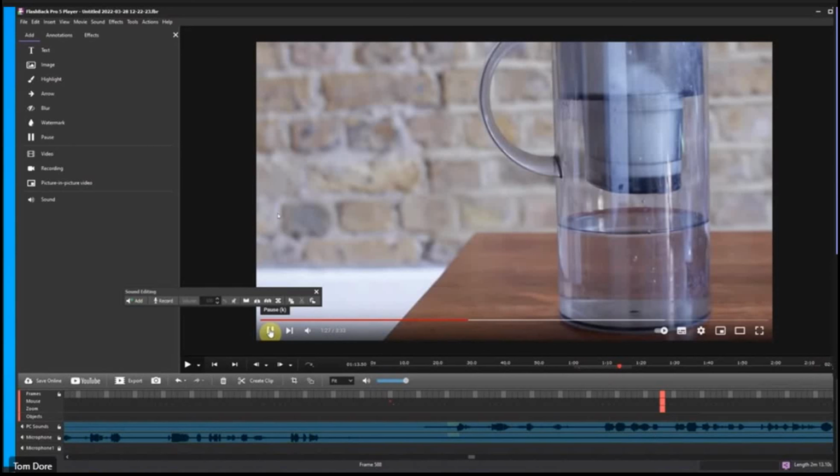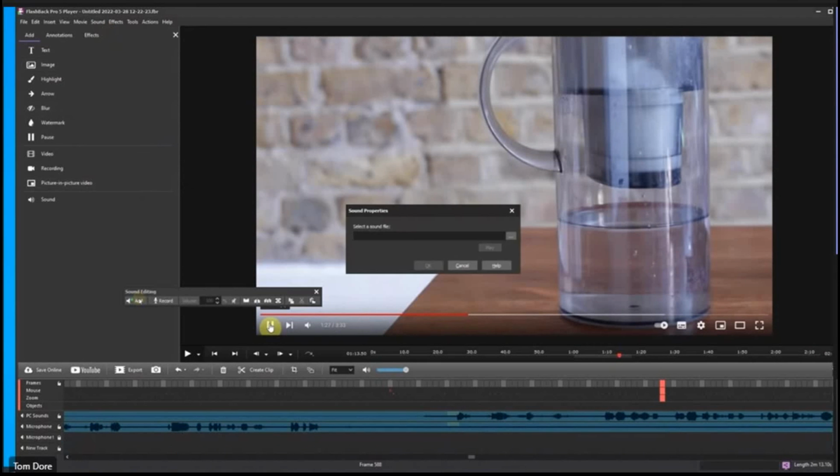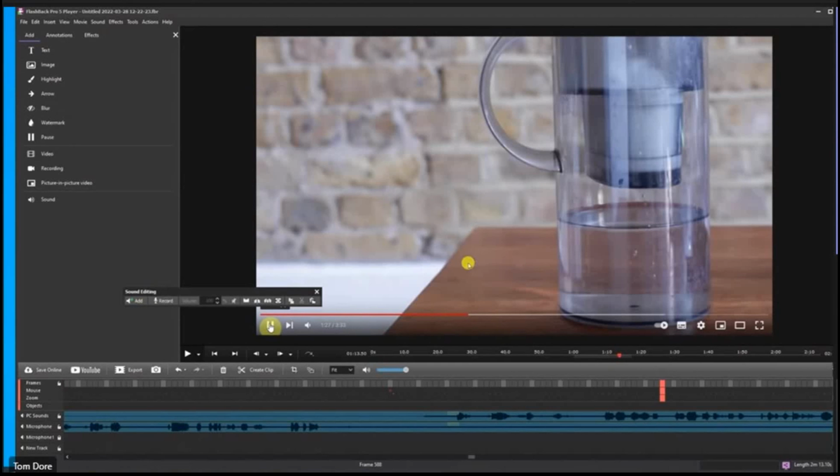And that would be marginally different because with the sound, you would do add new soundtrack like this and select the file. In this case, I won't do that. But